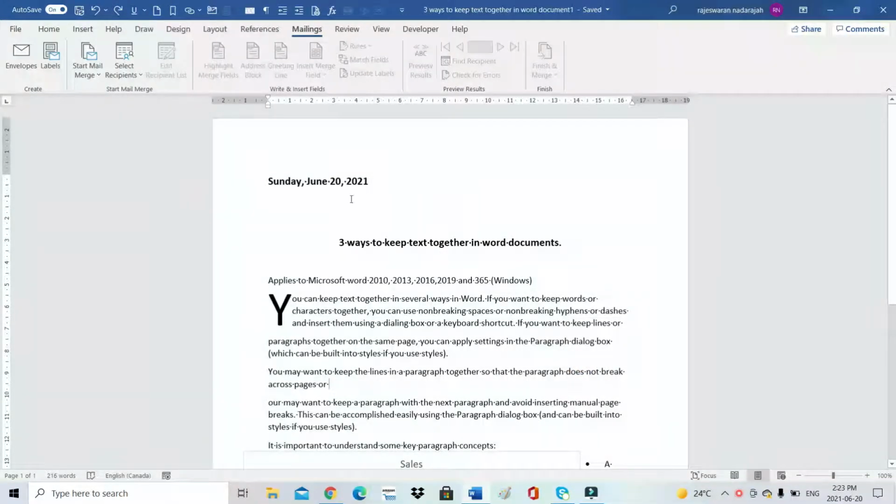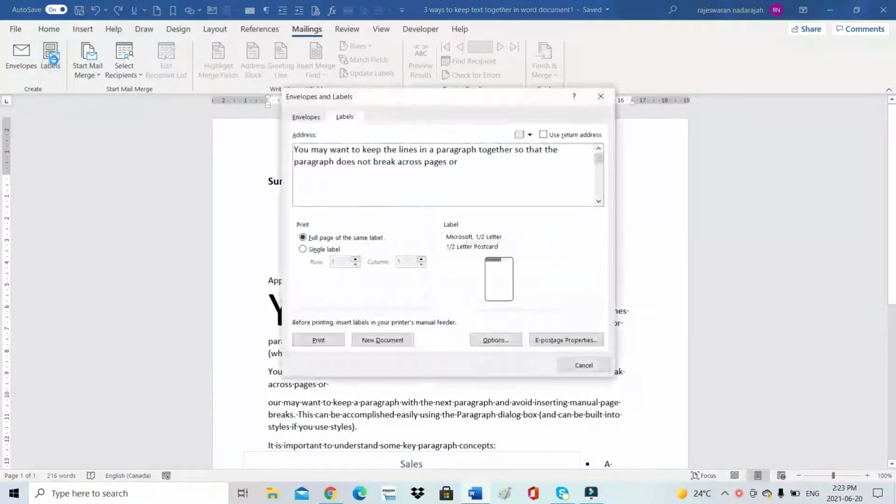The next one, I'll show you how to make labels. Click labels. We are still under the mailing. Under the mailing, you have to click the labels. Then you have to write the same things, the address here, the mailing address.